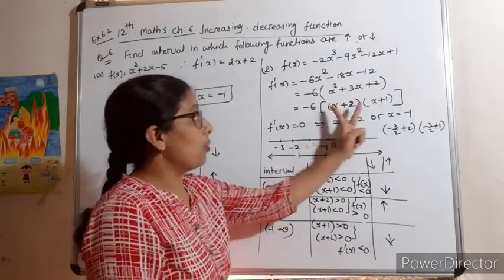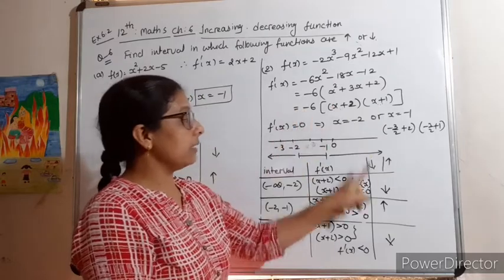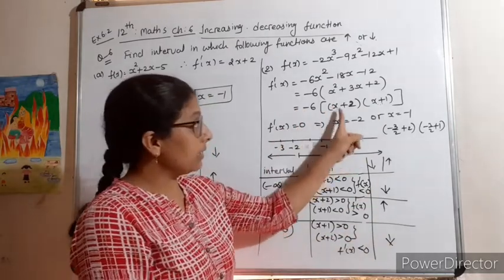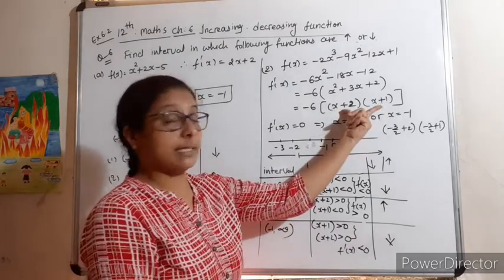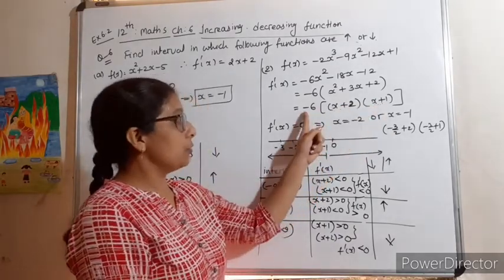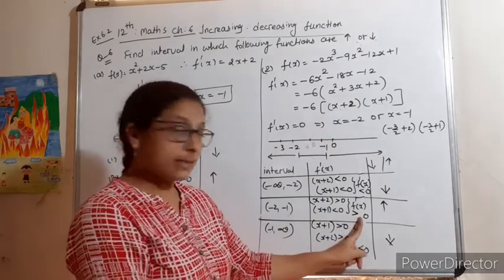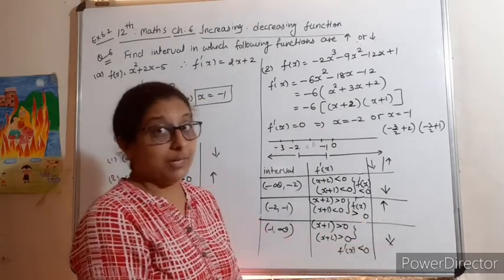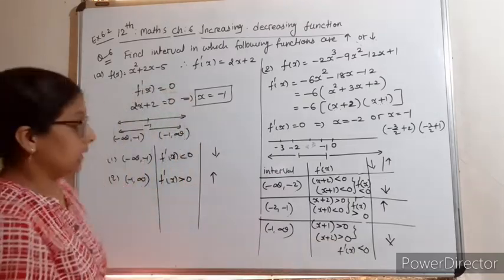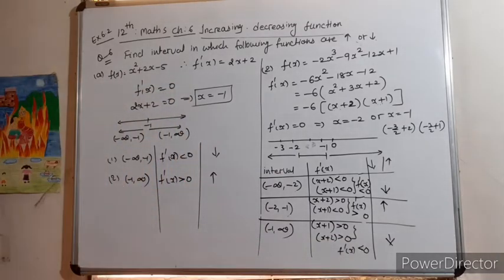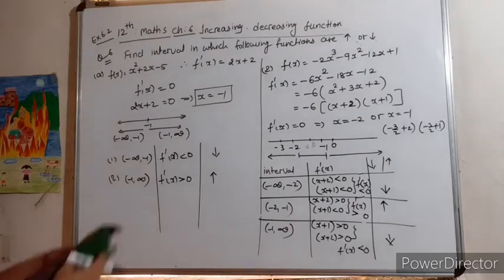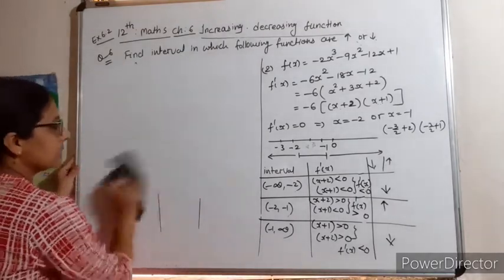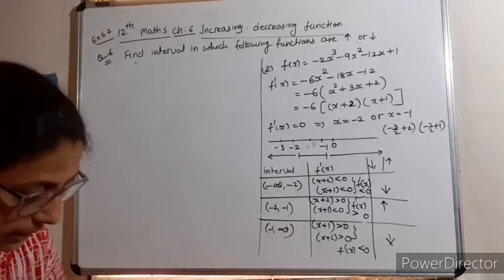That means both is positive, but this is minus, so in this 2 interval is decreasing. While here 1 minus 1 plus, so this is negative product, into minus ultimately becomes positive, therefore f dash x greater than 0. And that is increasing. Be careful about that, right? Okay. Then question number 3. So question number 3 है, 3 हमने कर दिया है. Now we'll move on the second one, जो second बीच में रह गया.